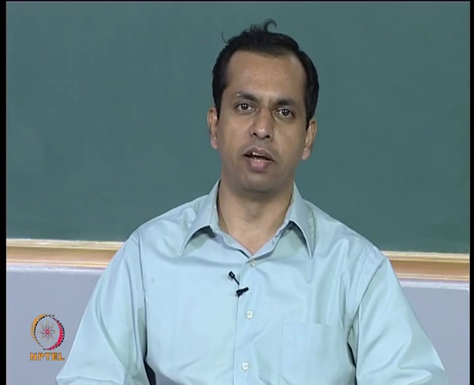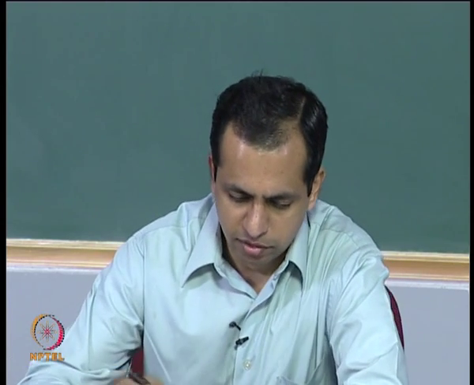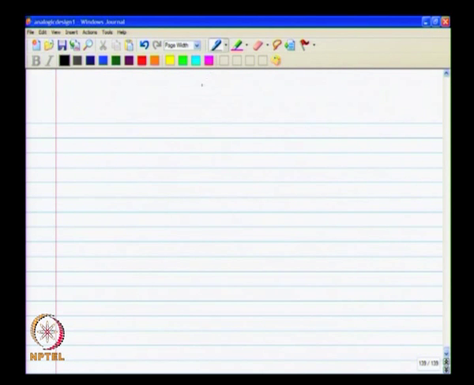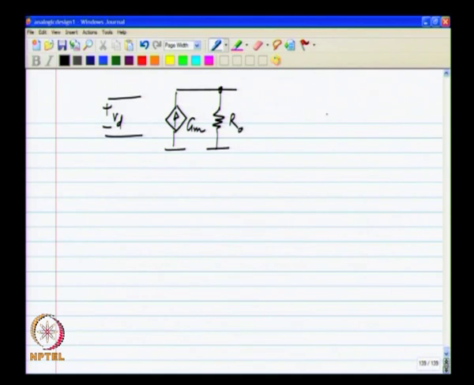What do you think? Please think about it for a moment, what possible non idealities you can have. Now, the obvious thing is that you cannot make an ideal current source. An ideal current source has an infinite output resistance, and any current source that you make, whether it is controlled or fixed, will have a finite output resistance, which means that I cannot make this by itself, it will always be accompanied by some Rout, or sometimes I will indicate it by Go, which is the reciprocal of Ro, the output conductance. Okay.